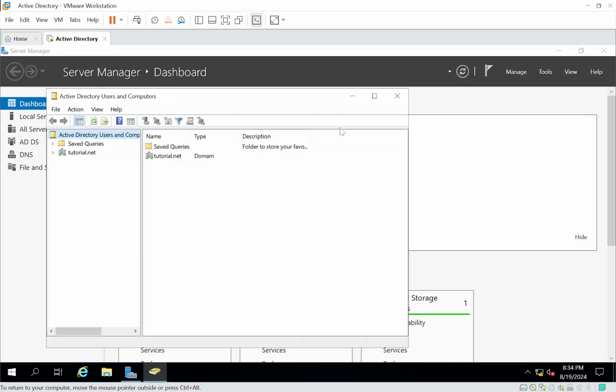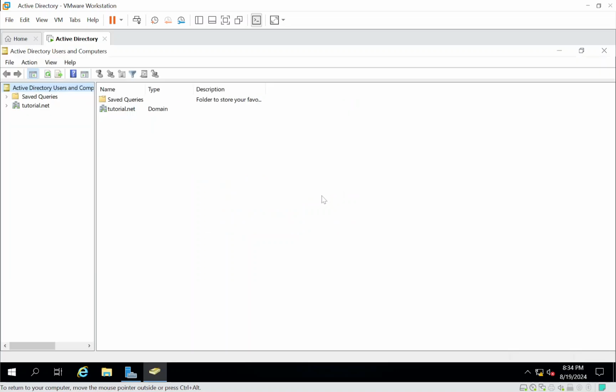What you are going to do here is create different groups based on roles. Like I've said, Active Directory is used to manage people in your organization. You create different users and give them permission based on their role in the organization. So now this is our domain